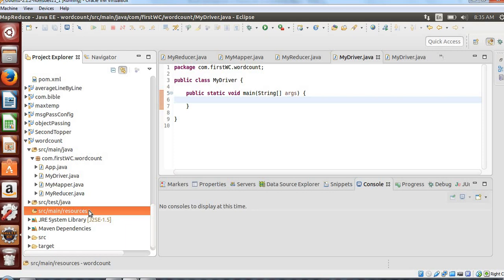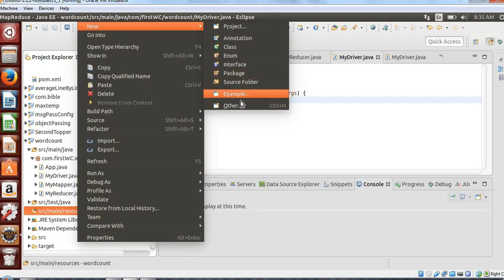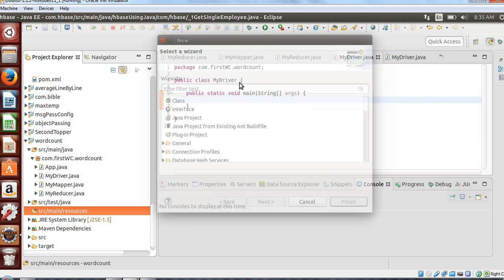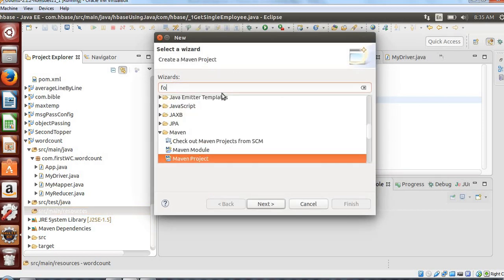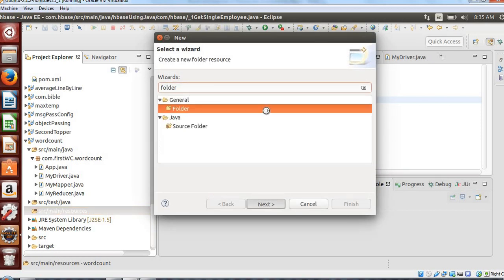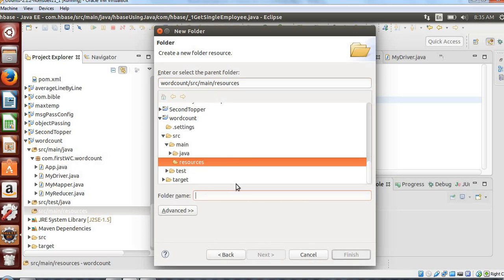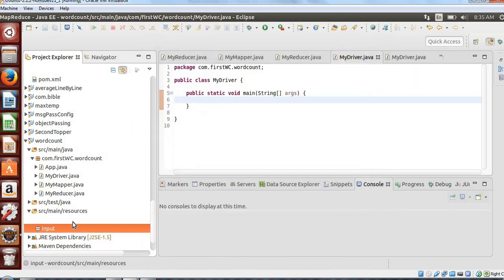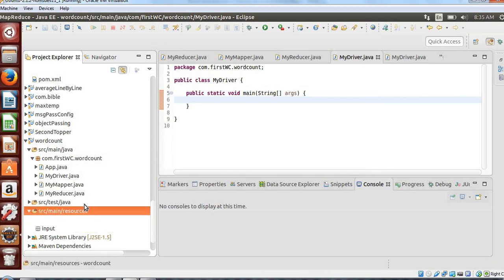In the resources, let me create two folders. I'll keep the name as input, where I'll store my input things, and another one would be the output one.